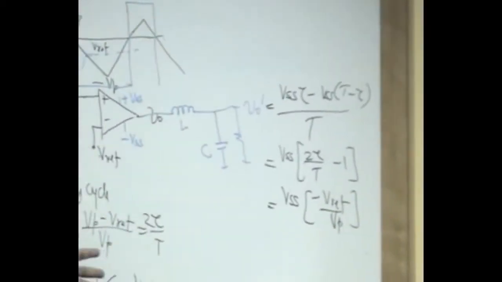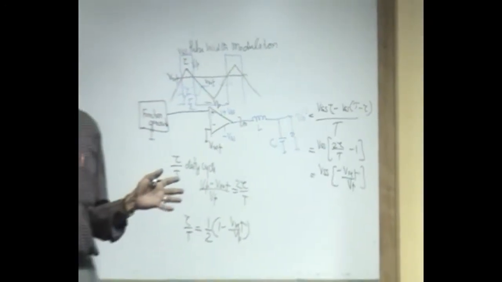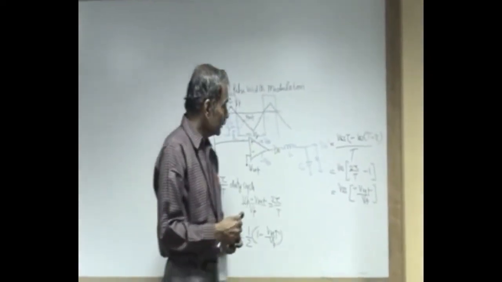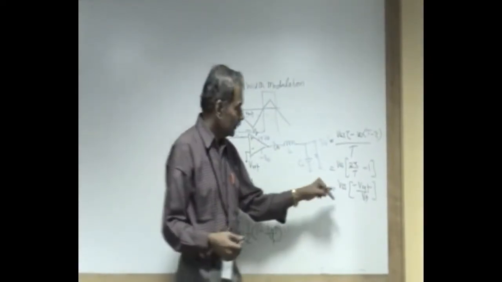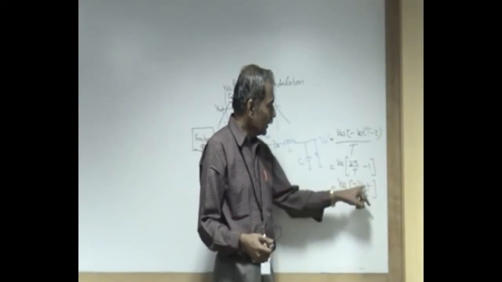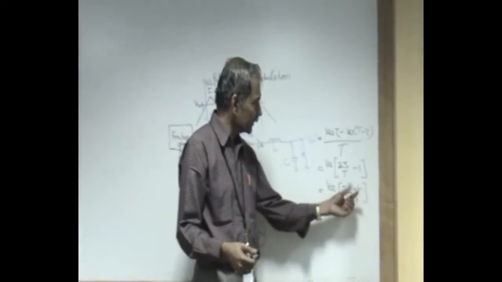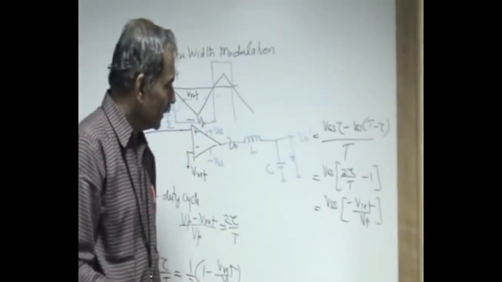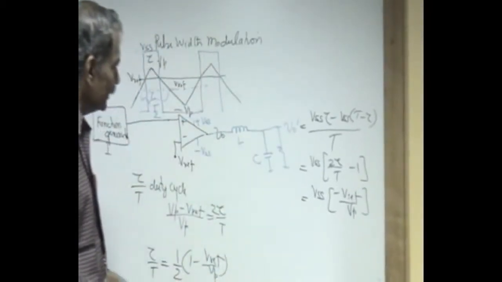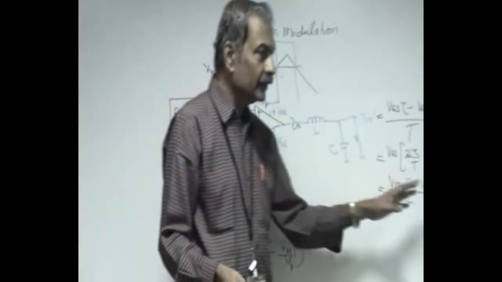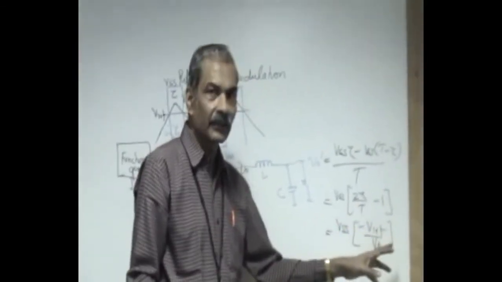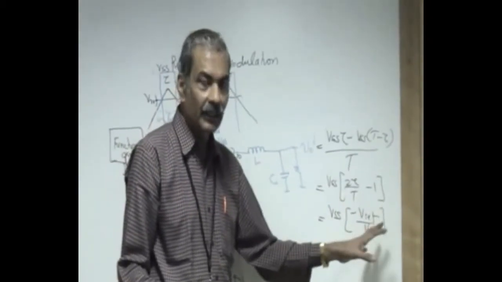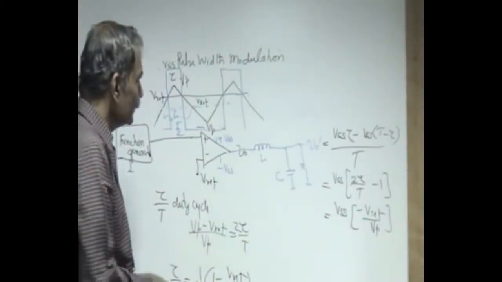So this also becomes a multiplier, but the most efficient multiplier, and it doesn't depend upon the device characteristic at all. So this is one of the most accurate multipliers, because one input is the amplitude and the other input corresponding to the width is V reference. So it multiplies two voltages, and therefore this is very useful because if this is a sinusoid, we get back the sinusoid at the output at high power level very efficiently, and therefore this is used as a class